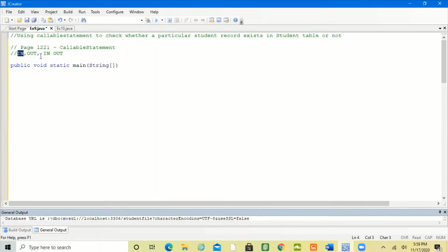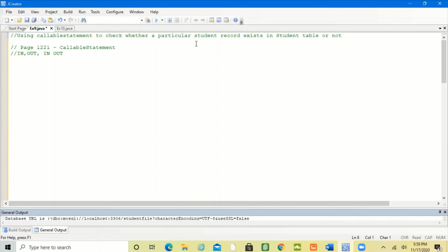OUT parameter: when the method finishes its execution, a method or procedure may return a value. Here it is void, so it's not returning a value. Sometimes it may return an integer, double, or whatever. INOUT means it has a value passed to the procedure and the procedure is going to return a value to the caller. So this is the idea of the three parameter types. You need to remember that.